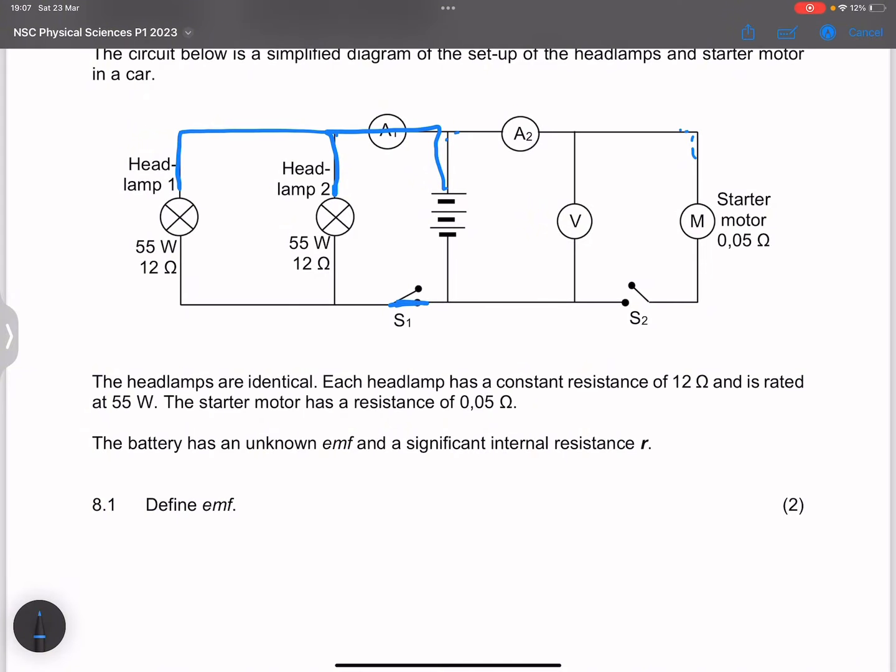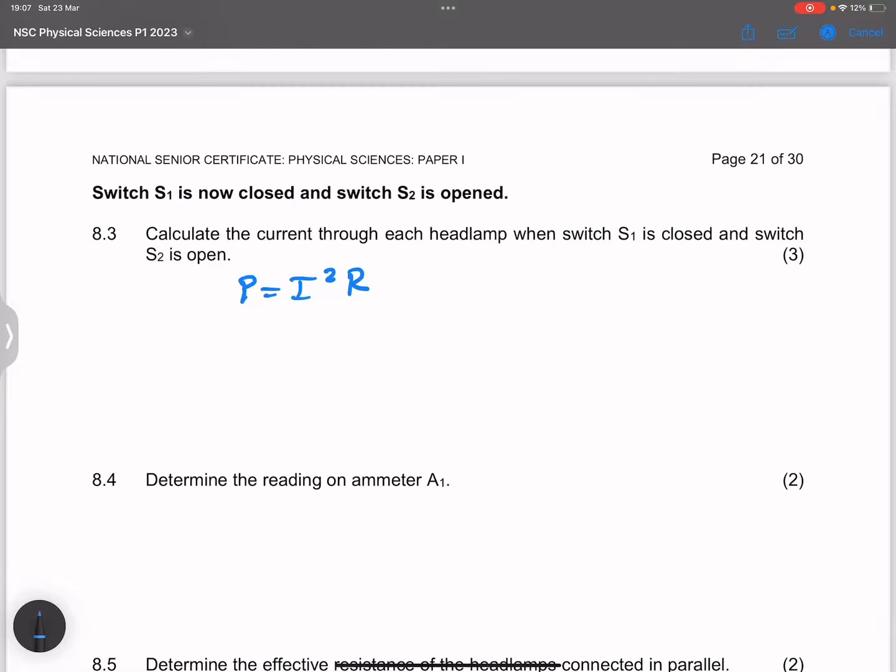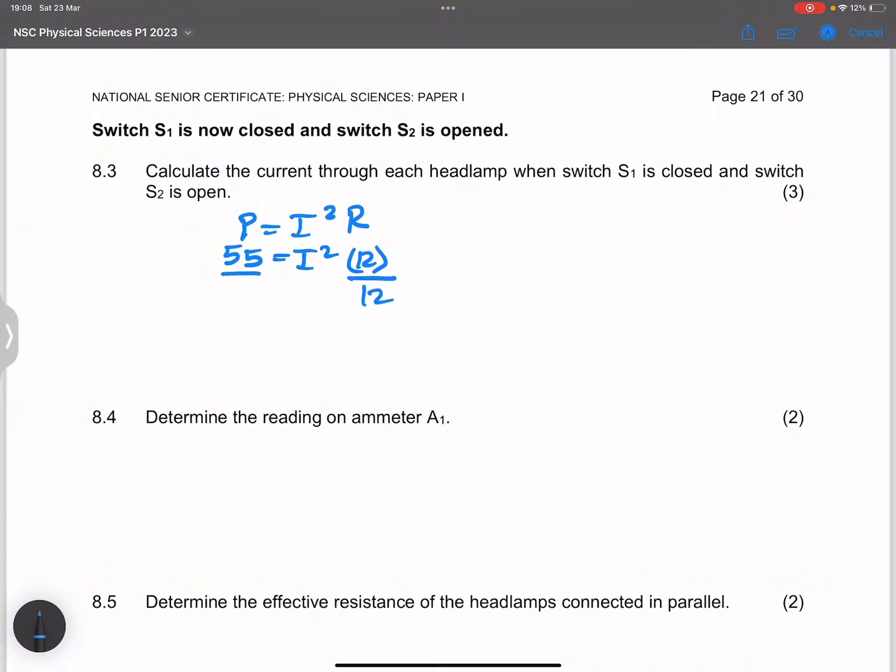So to calculate the current passing through, I can say power is equal to I squared multiplied by R. My power rating is 55, and the resistance of each lamp is given as 12 ohms, right? So I can divide both sides by 12 and take the